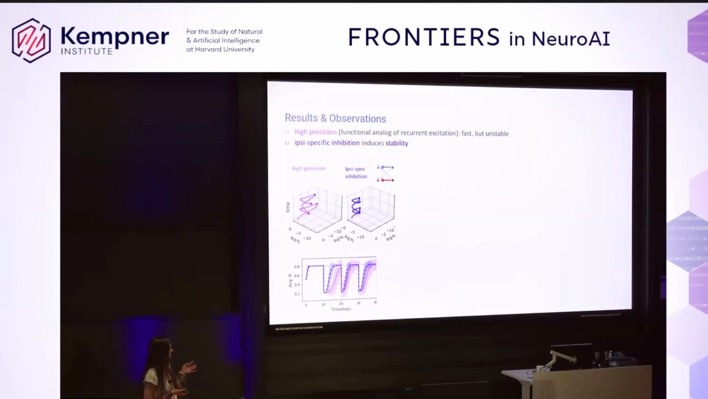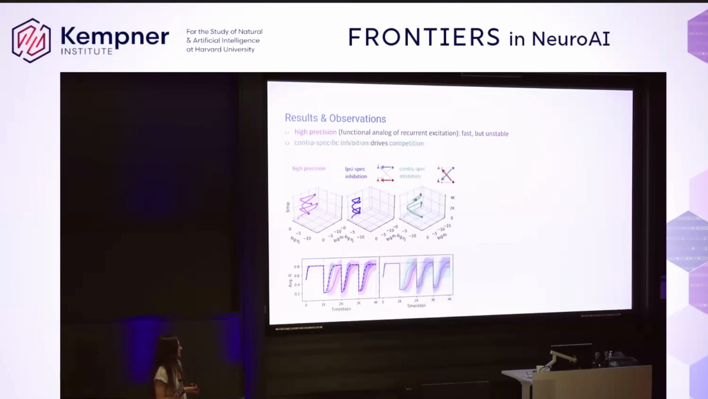And in terms of performance, in terms of average reward, we see better adaptation due to the increased stability in the system. In contrast, when we add contrast-specific inhibition, we see the same behavior that we saw in the mean field model, that the attractor points are more distant. And this is going to drive competition between the two decisions. And in terms of performance, we see more variability in the